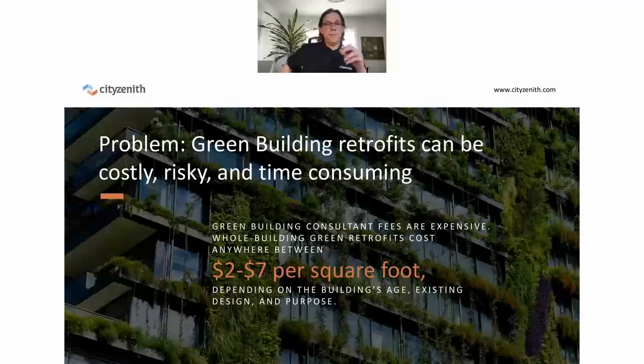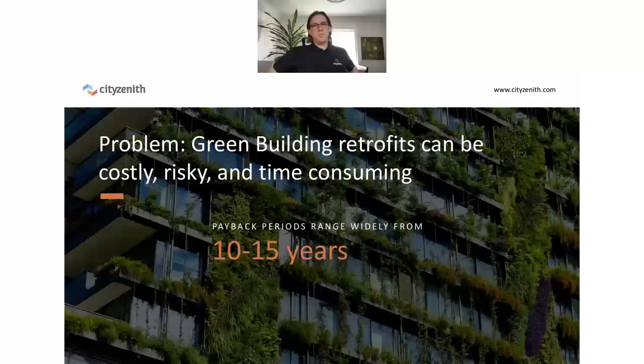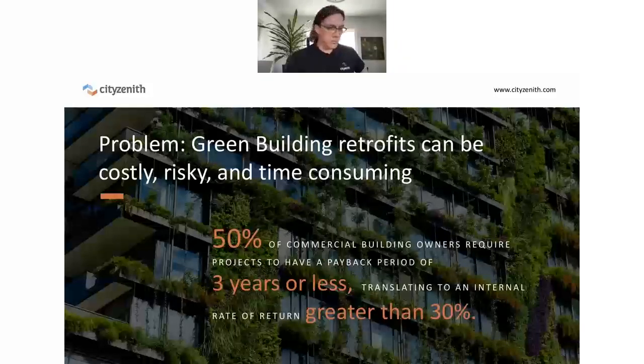The problem today with the retrofit market is that even though it's a massive opportunity, it's still too expensive. The retrofits average $2 to $7 per foot. And if you consider the fact that a building owner pays about $2.10 in America for energy today, this is a big number. This is a substantial capital outlay. And as such, the payback periods in these types of projects tend to be 10 to 15 years, which is too long, when the ownership